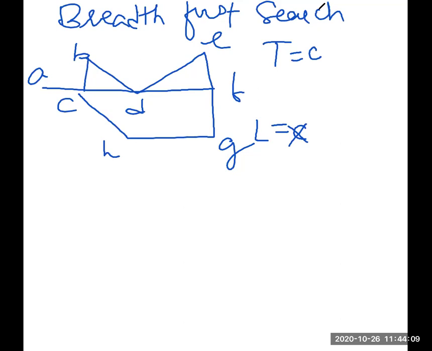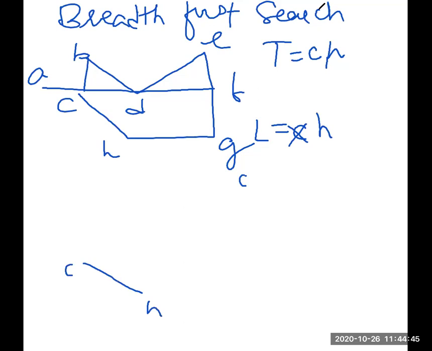Let's say the adjacent vertex is H. Add it to the end of the list. Also add W to the tree. So mark H as visited and add the edge C comma H to the tree.